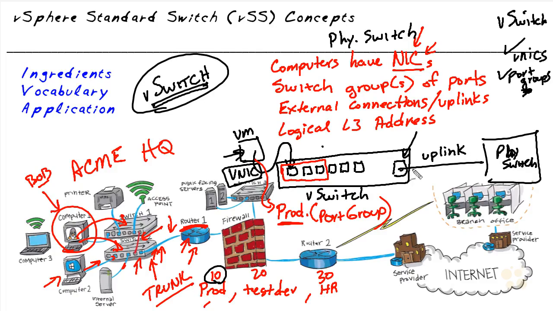We could refer to this port as a PNIC, which is an acronym for a physical network interface card on the ESXi host that's supporting this vSwitch. And we also have some naming conventions that are used on the ESXi host regarding its network interface cards that connect out to the physical world. It refers to these physical interfaces as VMNICs. So for example, the first one would be VMNIC 0. And if we had a second physical adapter, it would be referred to as VMNIC 1, and then 2 and 3 and so forth. So from an ESXi host perspective, whenever we see the word uplink or VMNIC or